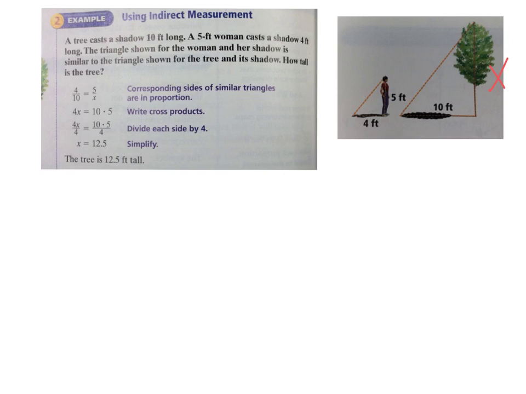Right, a tree casts a 10-foot shadow, and a person of 5 foot casts a 4-foot shadow. And it really just makes two similar triangles. It's going to be up to you how you set this up. But, again, I like to start like this,